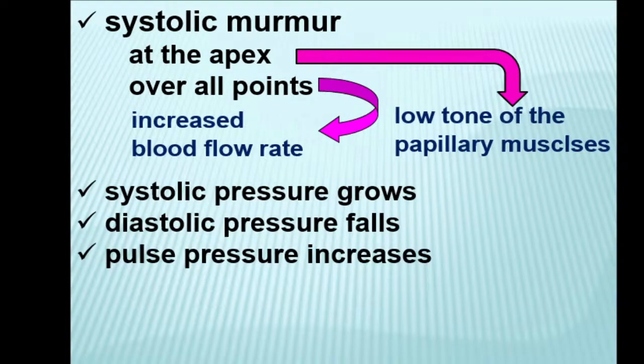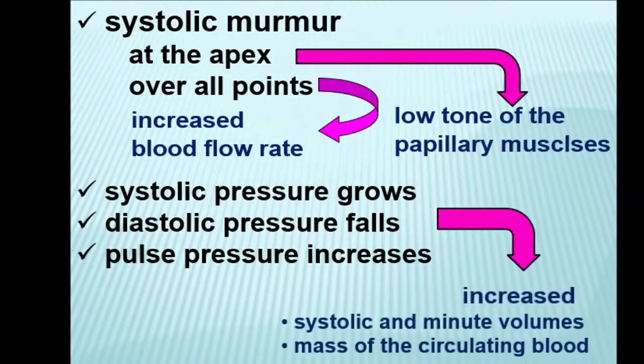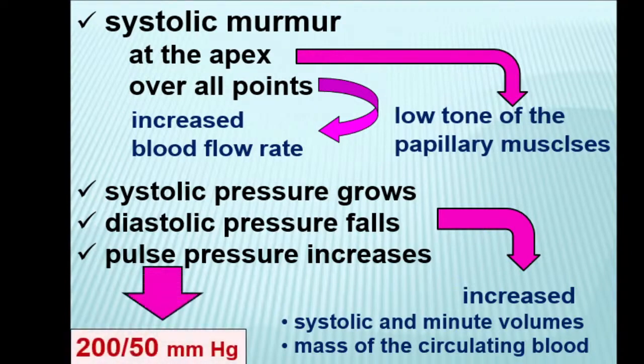And I said you about high pressure, but it has specific characteristics. Systolic pressure increases, but diastolic falls. As a result, there will be high pulse pressure due to increased activity of heart contraction and mass of the circulating blood. It's an example of the blood pressure of a patient with thyrotoxicosis. If you were attentive, it resembles pressure of the patient with aortic heart defects, aortic regurgitation.